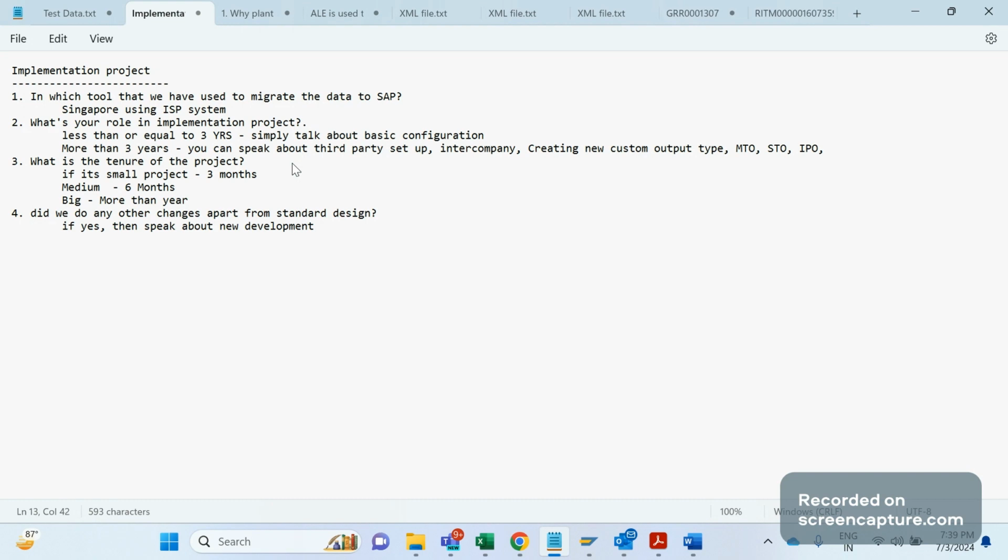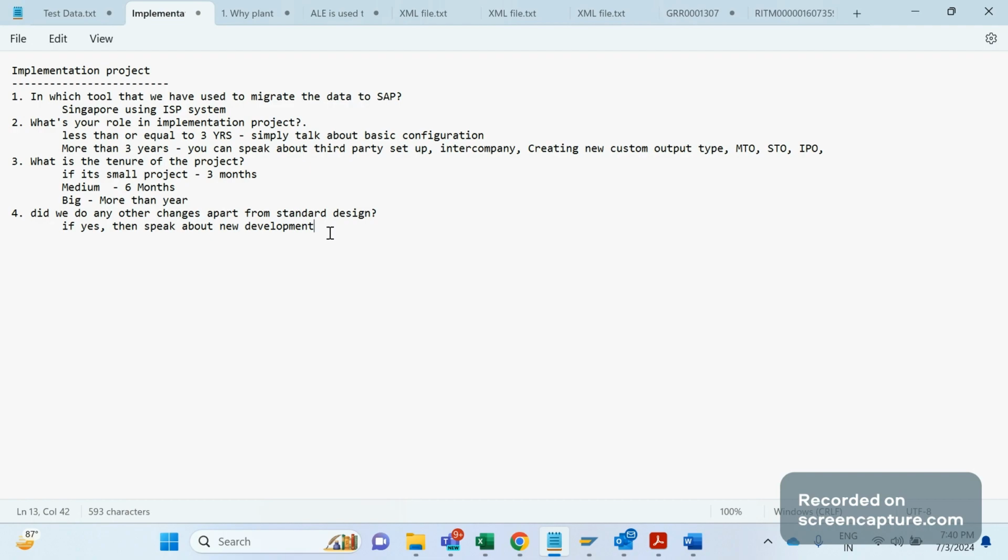And business wants to determine a different plant. We know that plant will be determined based on priorities like CMIR, then customer master and material master. So apart from these three, if I want to go a different way, a different route, like for this sold-to, this ship-to, this sales area, determine a different plant. Like this, we can explain. So in the SAP SD enhancements playlist, you can pick any enhancement that you think is easy for you to understand. Keep that in your mind, and you can explain that enhancement for this question.